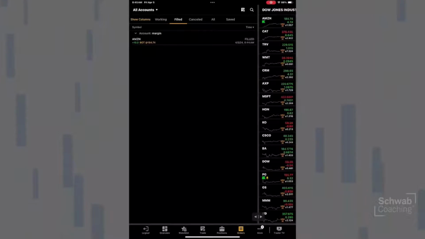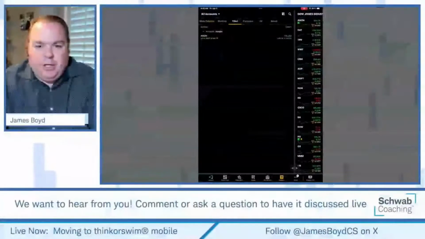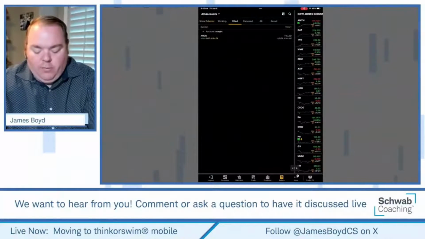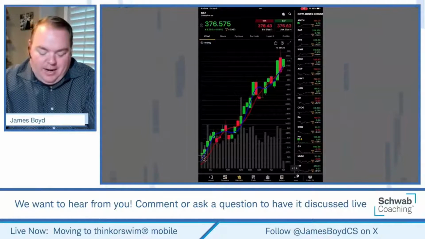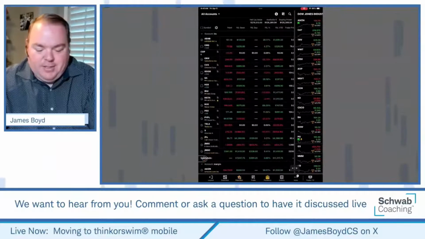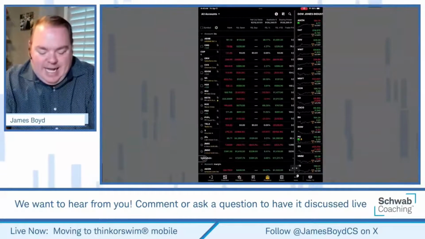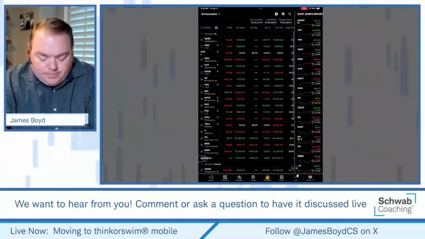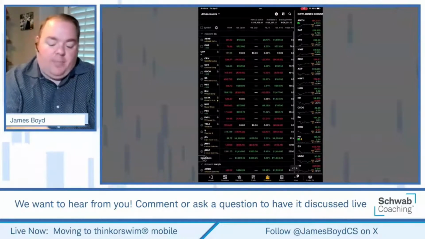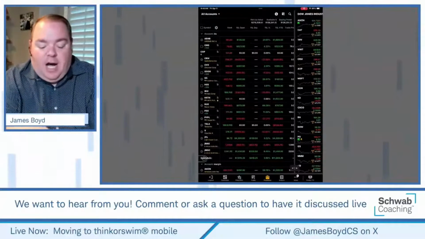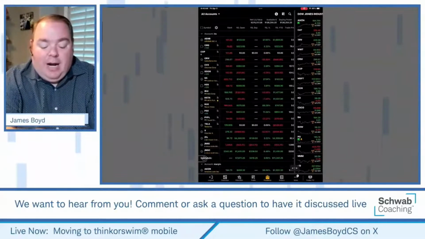So just like we would on the desktop or the web-based version, get used to using the tabs at the bottom. Overview, watch list, okay? Trade, positions. Now, by the way, if I go to positions, where could we see the Amazon example? Well, what you're going to see is this breaks it down by account type. At the very top, the account, it's labeled IRA first. Now we can close that as well.